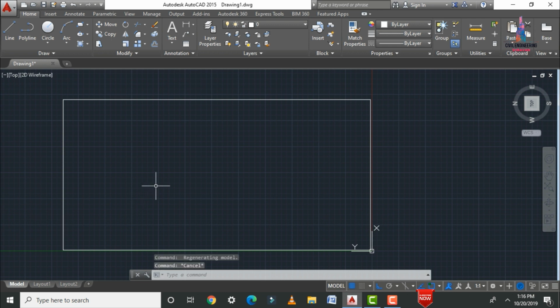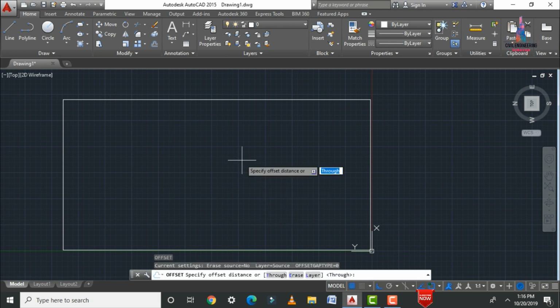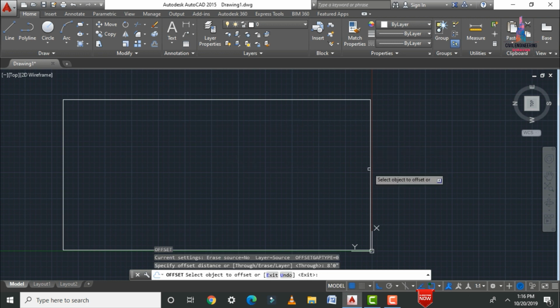Initially we need to draw the offset for this site. Basically we need to draw the offset for the balcony section as well as the open space. Here I am selecting offset, O enter. In the front facing direction, I am drawing the offset at a distance of 8 feet 0 inches. Click on enter option. Here I am drawing this offset with the help of this vertical line. Click on enter option.